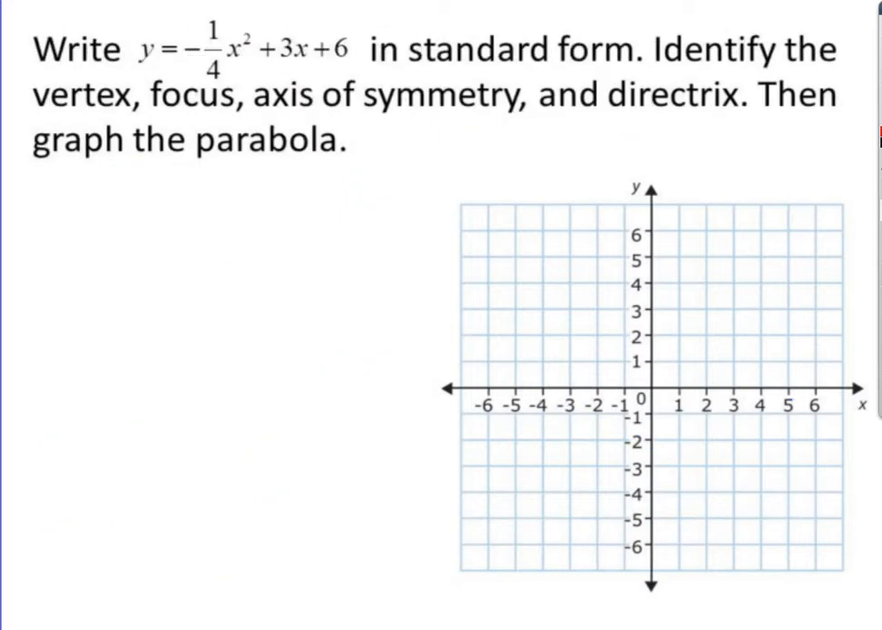We need to write y equals negative 1/4 x squared plus 3x plus 6 in standard form first. So we need to write it in the form of a parabola. And then we're going to identify the vertex, focus, axis of symmetry, and directrix again. So if we start with that equation,